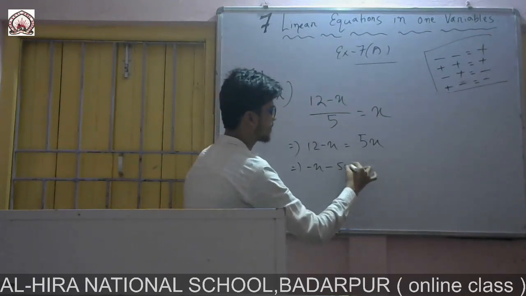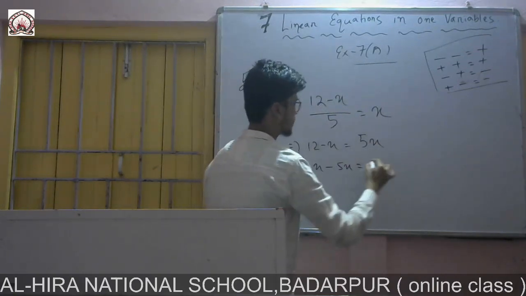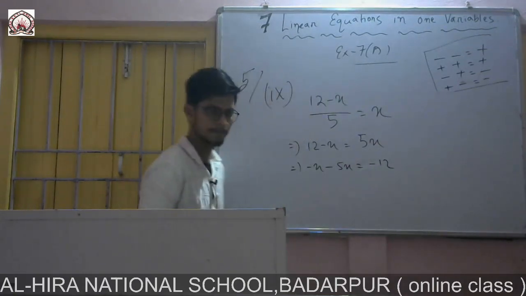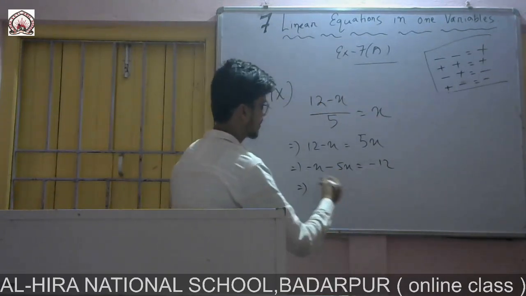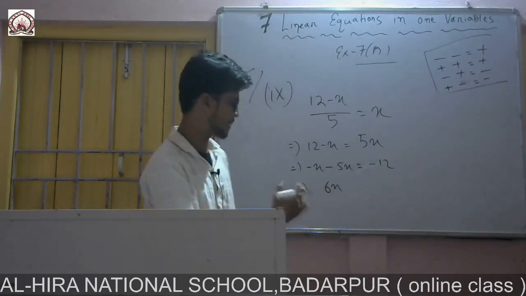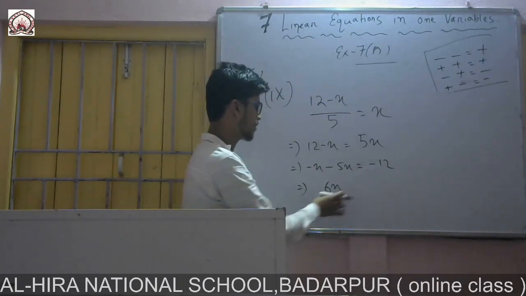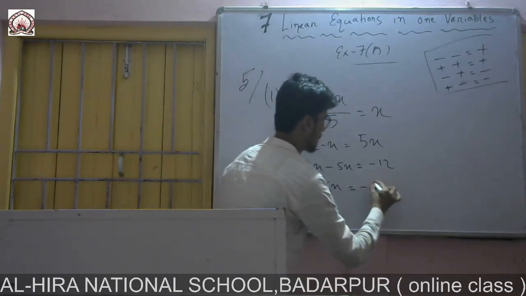It will be minus 5x. And I will move this 12 to the right side. It is plus 12. So I can write it as minus 12. So now if I solve this one, minus minus it is plus 5x. Minus x, sorry, minus minus it is plus, 5 plus 1 it is 6. And variable is x, 6x. Since 5 is greater, so minus sign. And there it is minus 12.